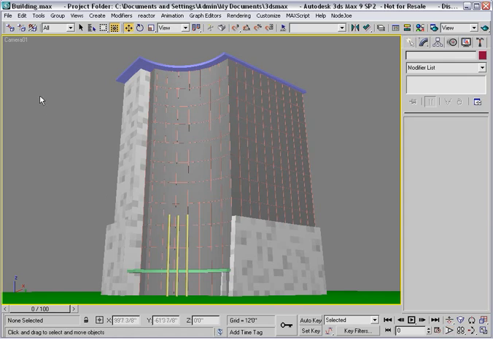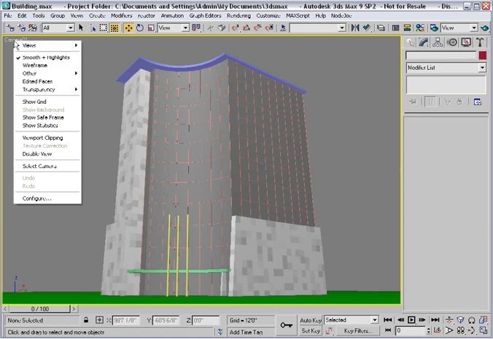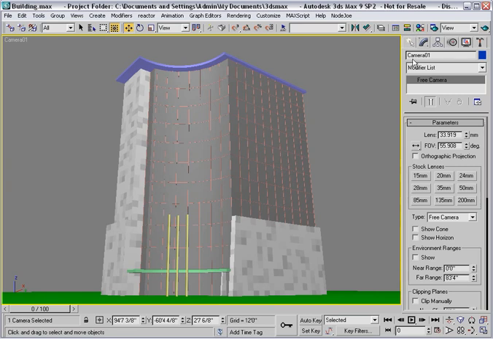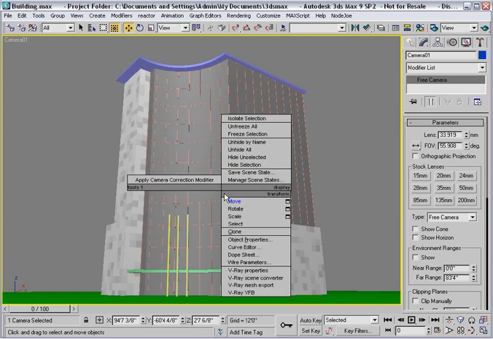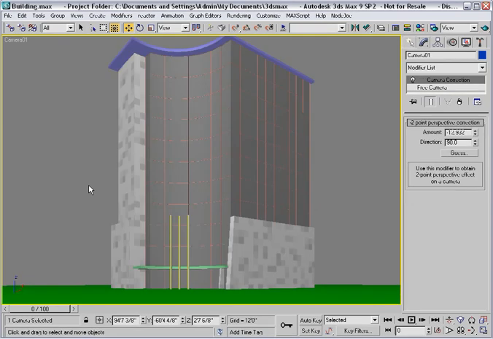And to do that, you need to select the camera, and I'll do that conveniently by right-clicking on the viewport label and saying Select Camera. Now we have Camera 1 shown up here in the Modify panel. Then I'll right-click in the viewport and notice that there's a special Tools 1 quad that shows up here when the camera is selected. I will apply the Camera Correction modifier, and this automatically fixes the problem by creating a